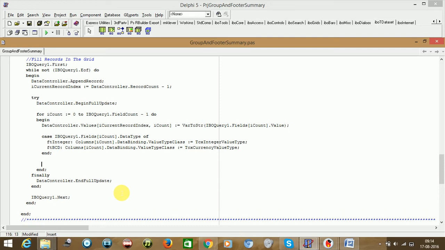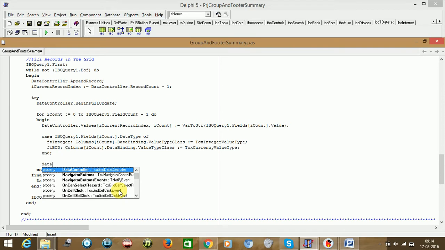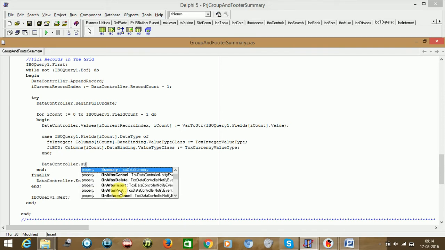So for the footer summary, what we need to do, we need to just say here data controller dot summary dot footer summary items.